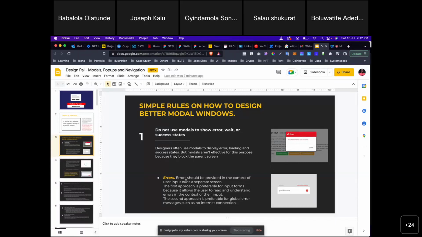Okay, so errors should be provided in the context of user input or in a separate screen. The first approach is preferable for input forms. For instance, imagine the person is filling a form and you fill in wrong information. Instead of an error message coming up like this, it now comes up like this, the first one on top here. It becomes a very big UX issue. But bringing up an error screen like this is an